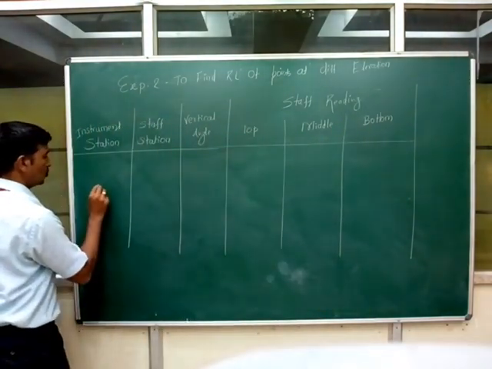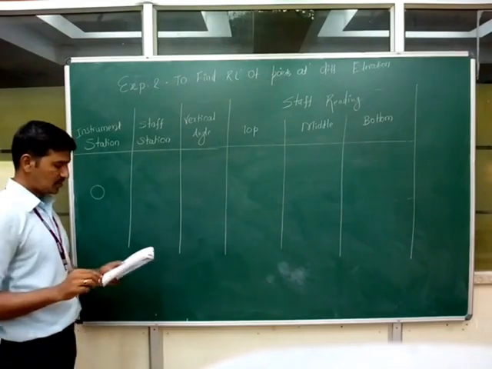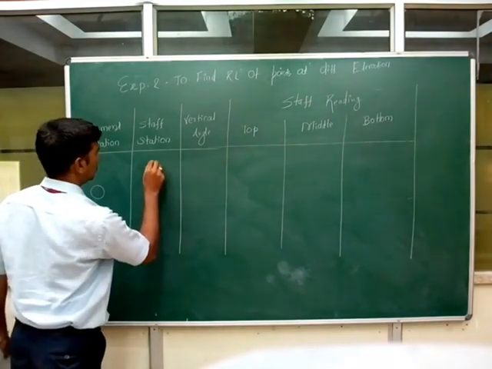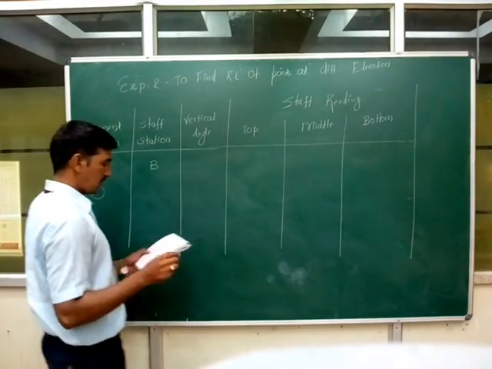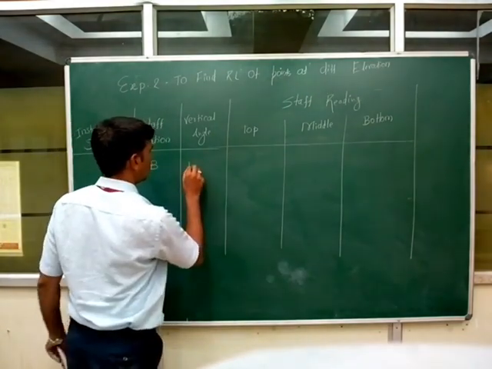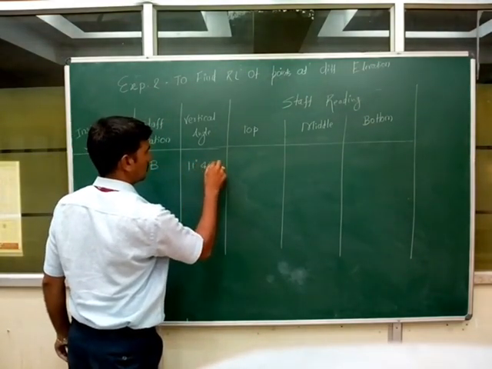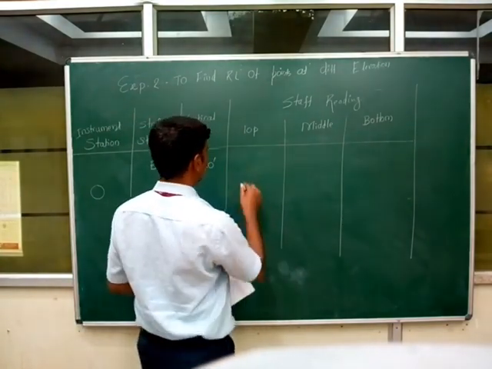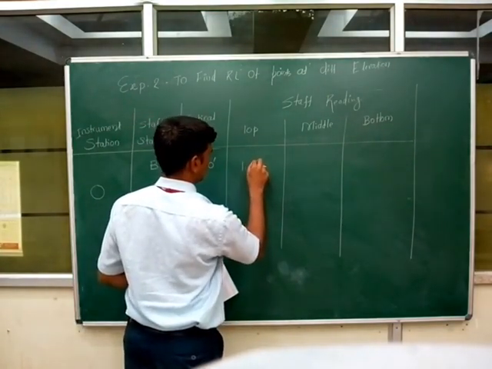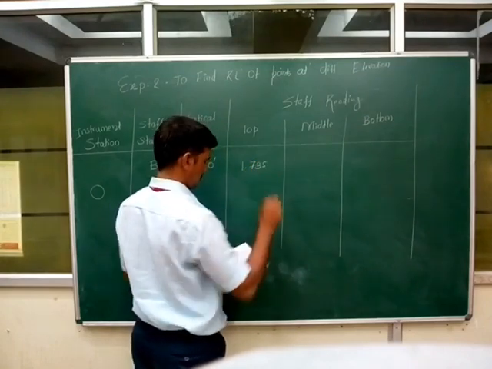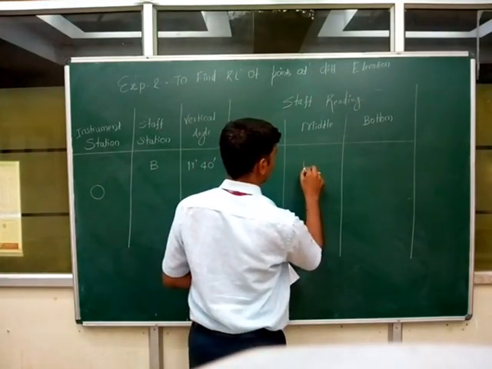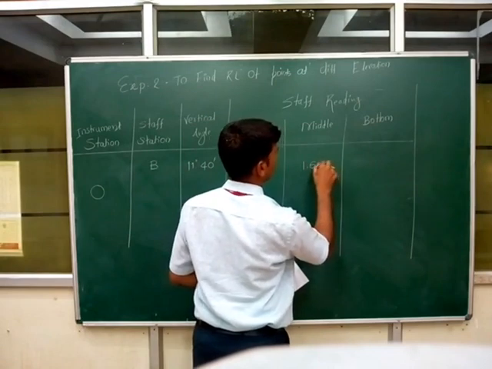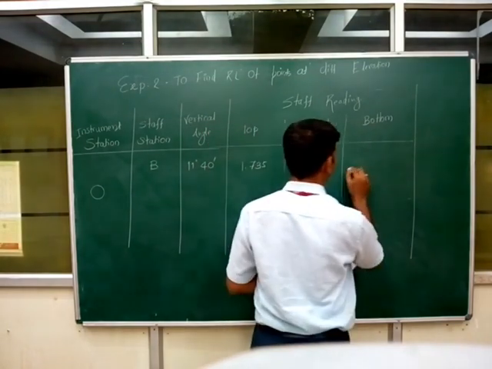Staff instrument station is O. Staff station is say B. Vertical angle for B is 11 degrees 40 minutes. Top cross hair reading is 1.735. Middle cross hair reading is 1.625, and bottom cross hair reading is